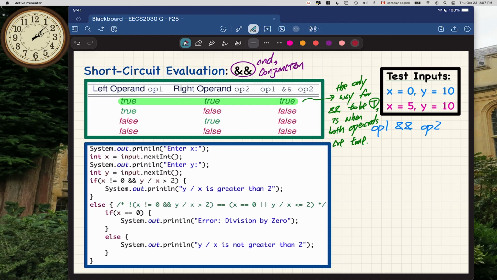Okay? Let me start with, again, the AND operator. So first of all, we have to evaluate from left to right. Always, left to right. So operand number 1 should be evaluated first. So 2.1. If operand number 1